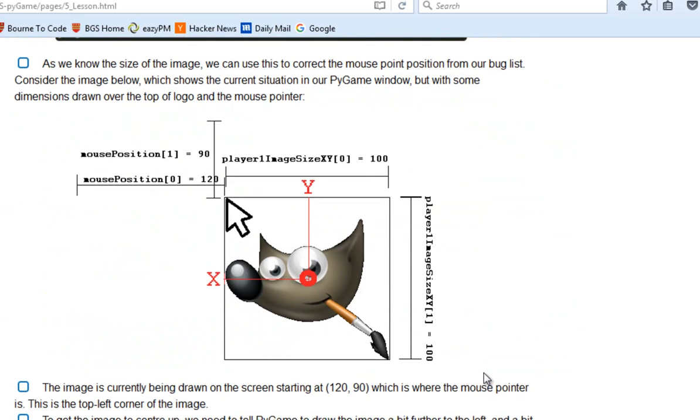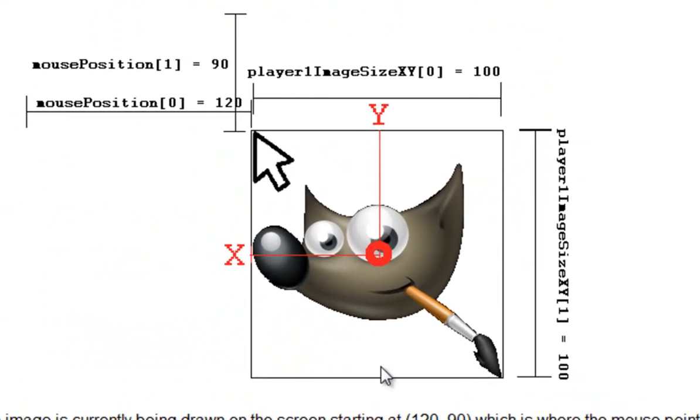Okay, so at the moment what's happening is something a lot like you're seeing in this photo. Here's my mouse pointer, it is placed just here, and then the image file is being drawn around that. You can see the left and the right edges. In order to make it so that the mouse pointer sits where that red circle is, just here, what I effectively need to do is to tell the computer to look at where that mouse pointer is, but then to move left a little bit, and to move up a little bit,